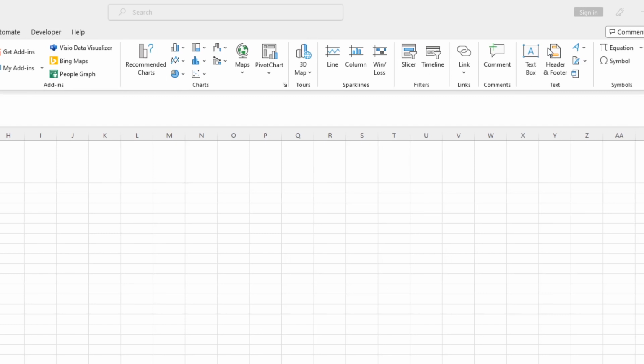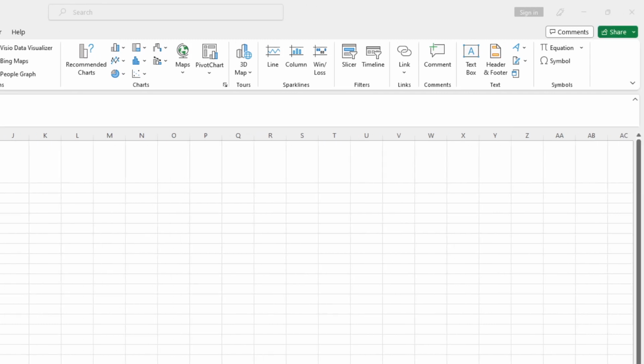Text box, if you want to draw a text box like you can in Word. Your header and footer, and then symbols are over there. Now, as far as page layout is concerned,